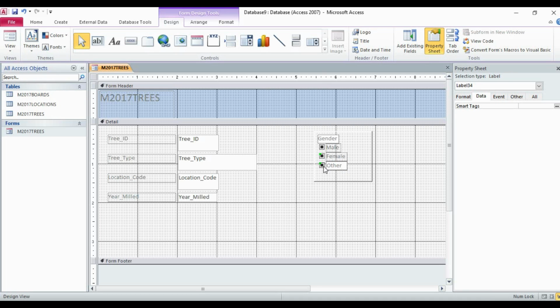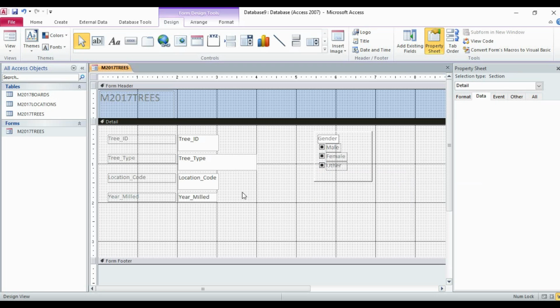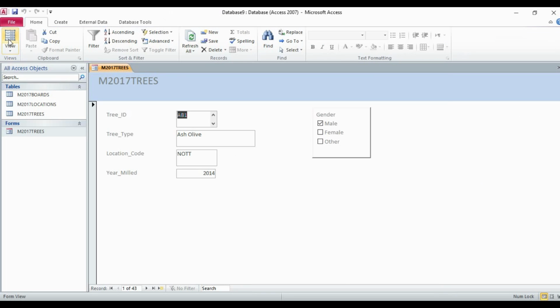So I choose other and click on this checkbox. Remember, you have to click on this checkbox to see the property sheet of this label. Now we will change the value for this option to value 3, and yes, we have to ignore the error here. Now it will be removed. Now again go to the form view.